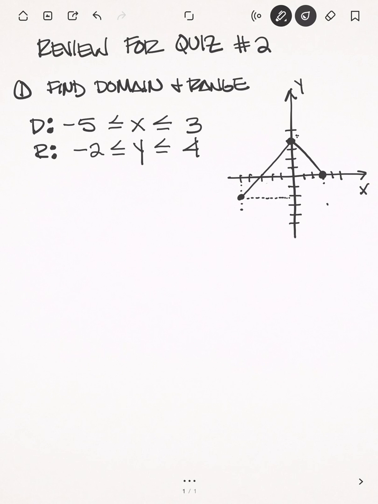Okay, you might have another question. Let me just go ahead and turn the page. You might have another question that looks like this. Number 2, the directions will say solve for x. And they're going to give you an absolute value equation. Absolute value of 4x plus 3